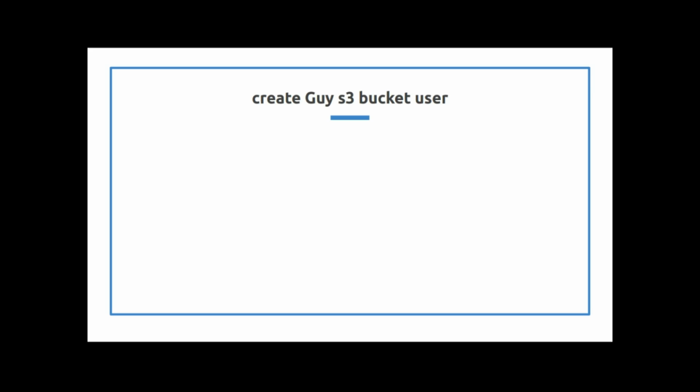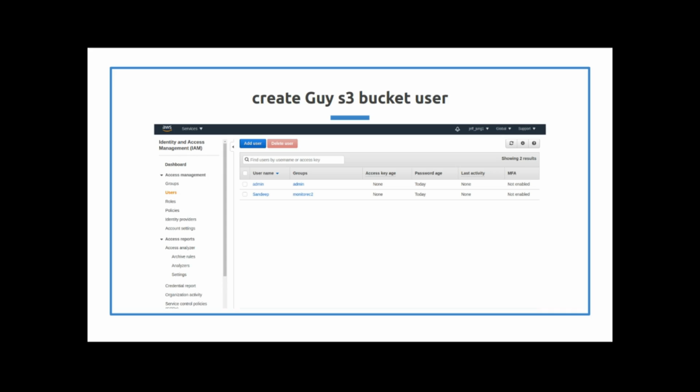Third user's name is Guy, and he's going to be the S3 bucket read-only access user. Same thing, go to services, IAM, and then click on users, and you'll have the user pool come up.